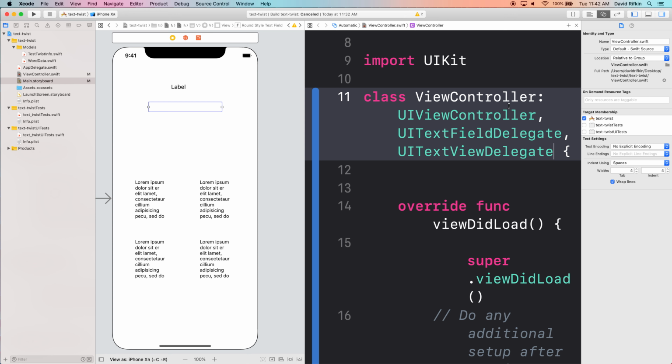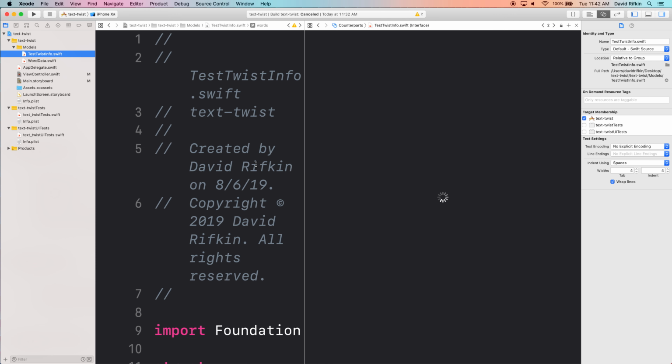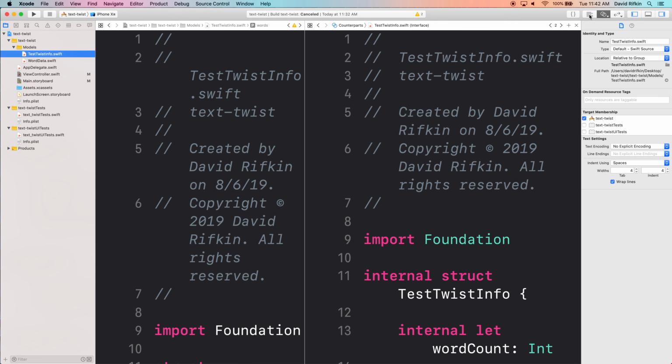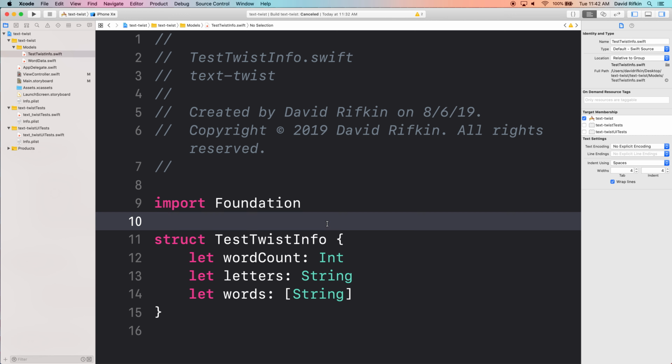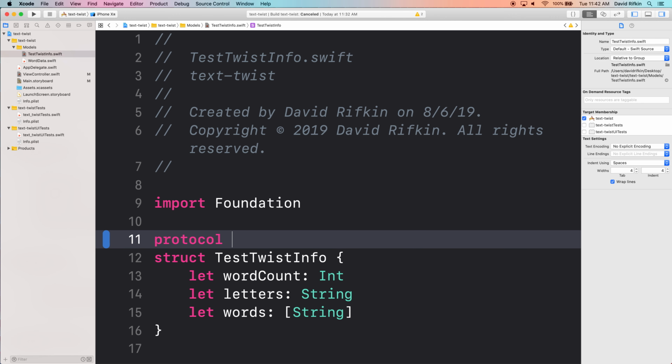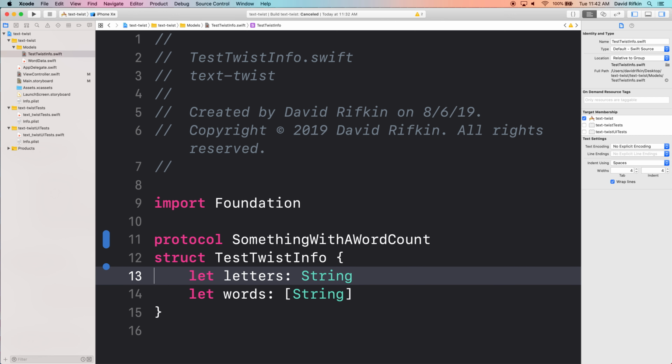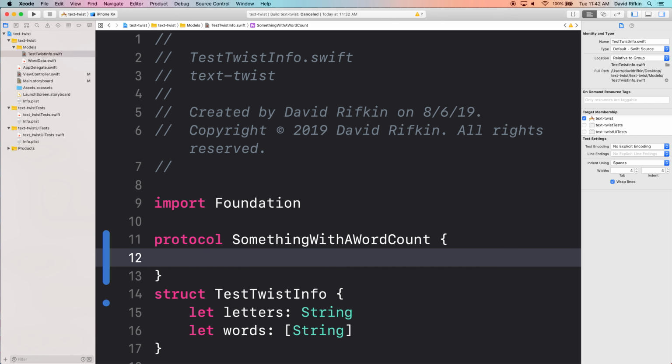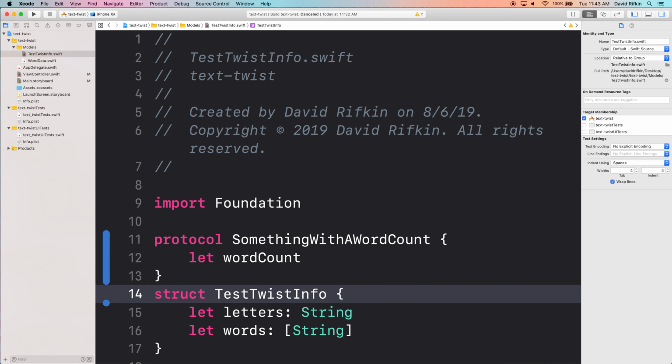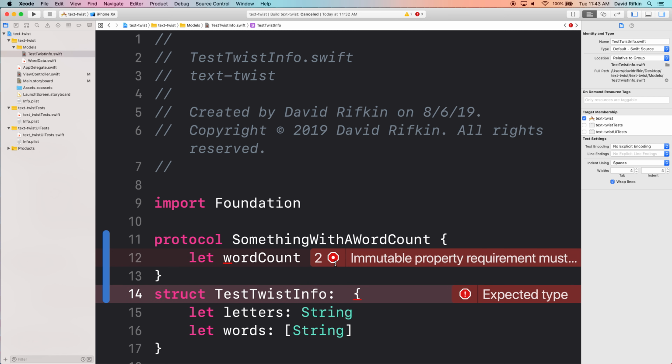So if you remember, when we tried to make, let's make a protocol, a meaningless protocol for this struct. So I've got a protocol, let's call it something with a word count. I get rid of that. Then I say that it's going to have a constant called word count. When I make this struct conform, I gave away the word. When I say that this struct is going to use